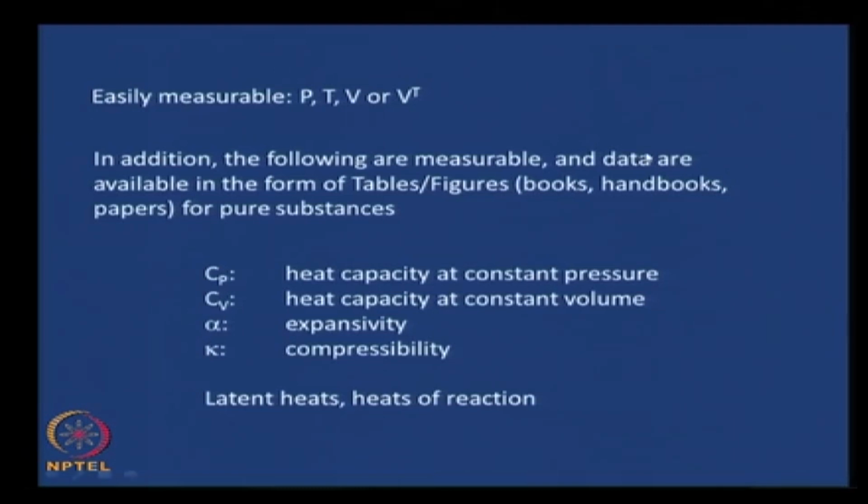Cp, heat capacity at constant pressure, the data is available. Cv, heat capacity at constant volume, the data is available. Alpha, which is expansivity, I will go into details of this in a little while, and kappa, the compressibility, are all available. So, if they are available, we might as well make use of them to estimate the difficult to measure thermodynamic variables. In addition to these, the latent heats as well as the heats of reaction are available. Let us look at these in a little more detail,